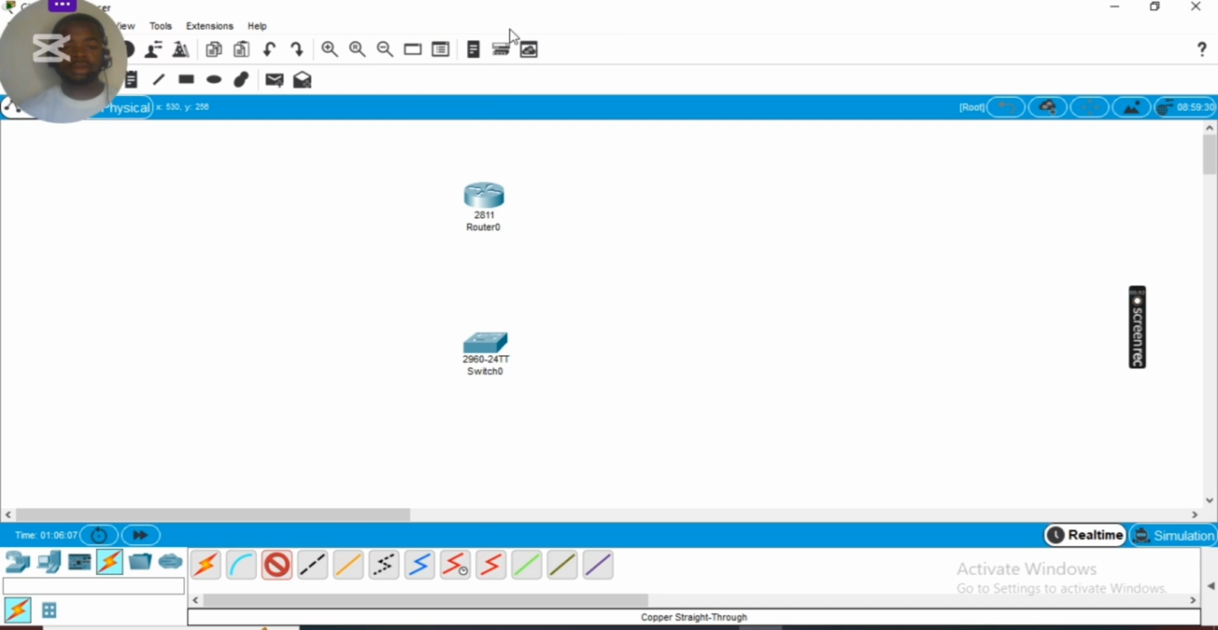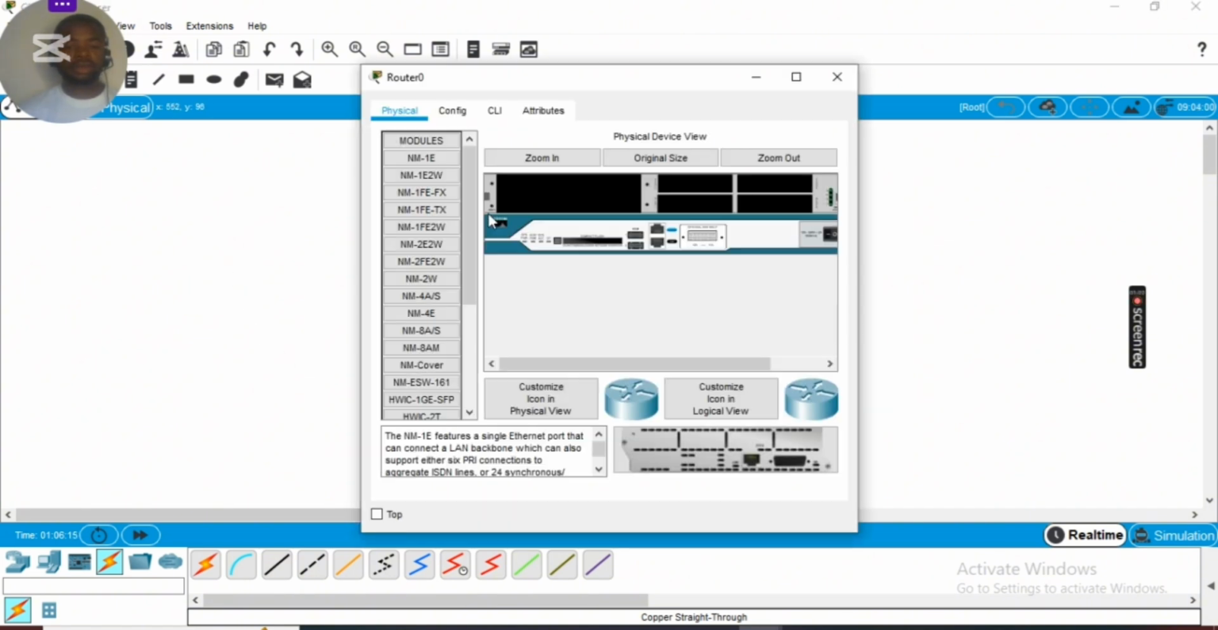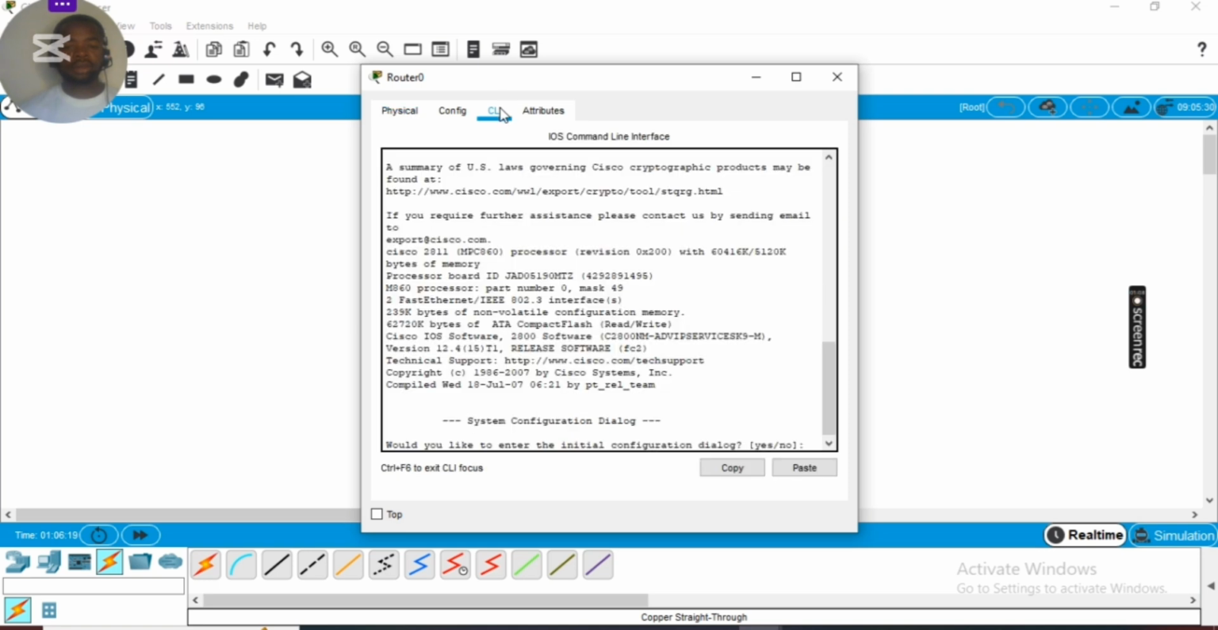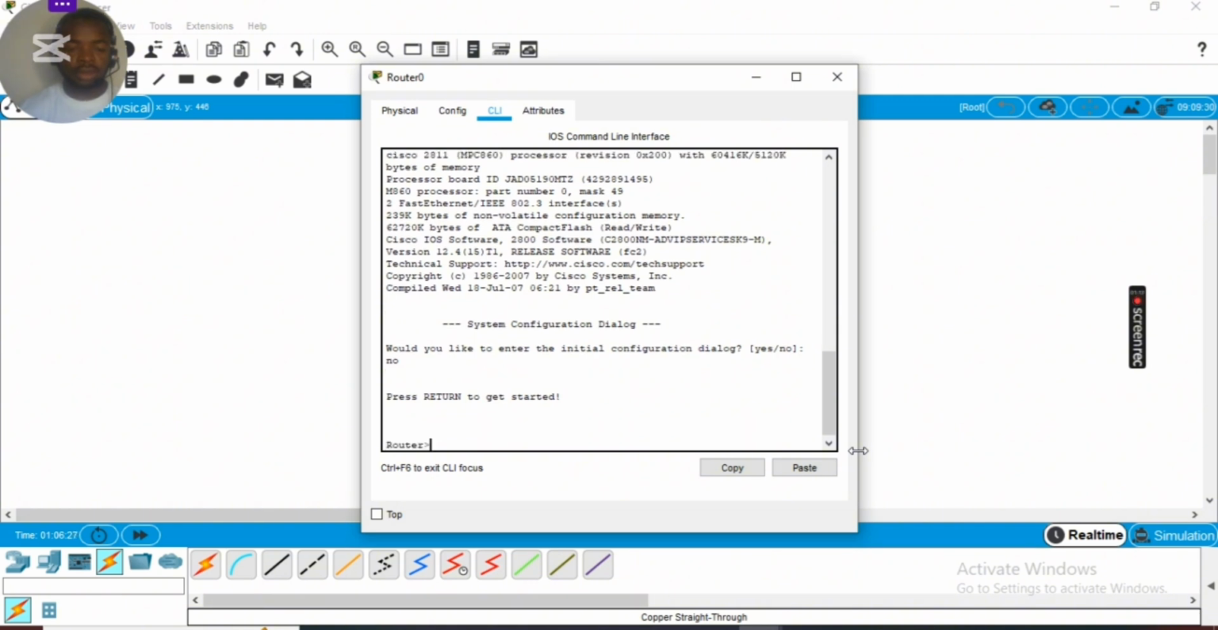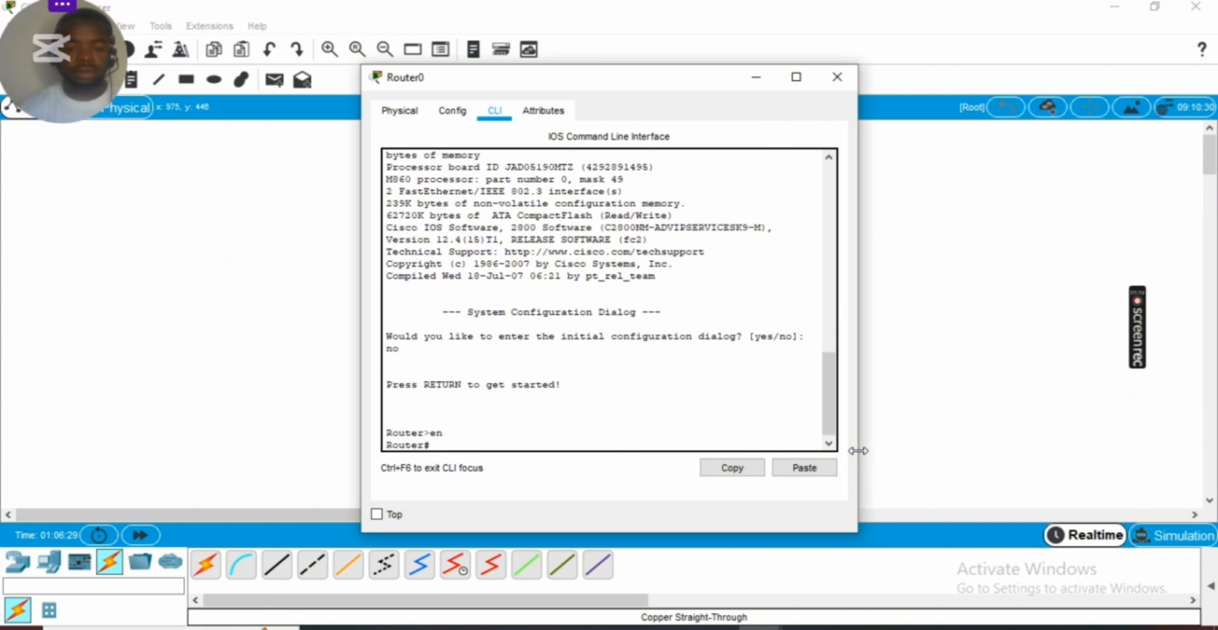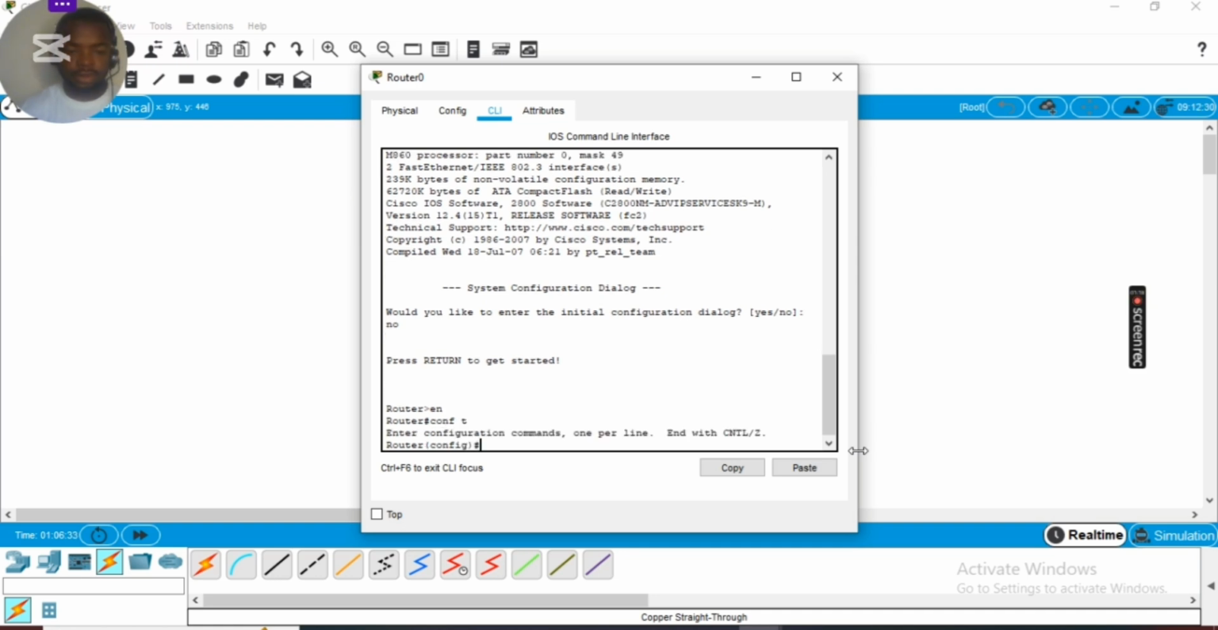Let's use FastEthernet 1. So you go to your CLI on your router, click on the CLI. Okay. Normal, enter, enable, conf t,